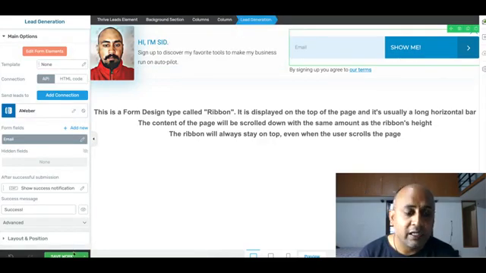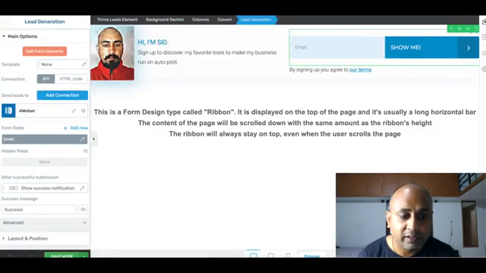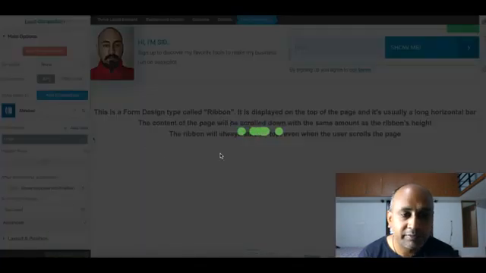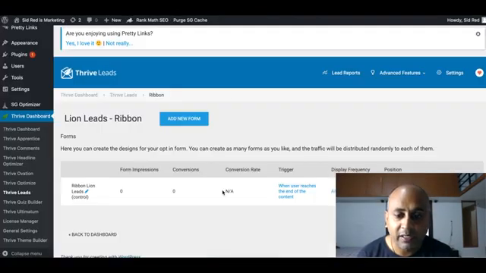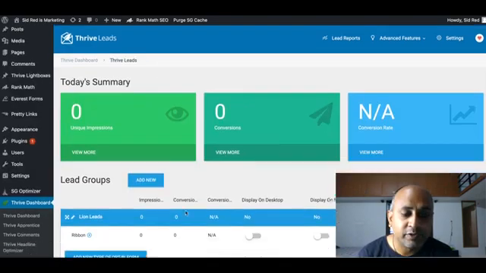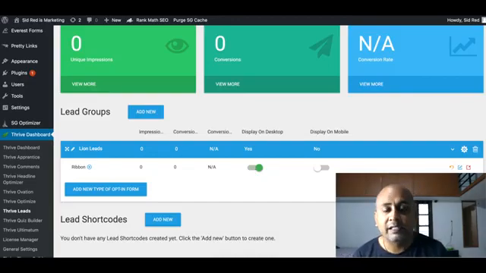We have created this page, and let's save this work. Once this work is saved, you can preview it. Save, preview. See, if you click this, it will go here. Fine, this has been saved, and we'll come here. We'll show the conversion rate, everything, whenever someone logs in. So once this is done, back to dashboard. We'll go here. Display only on desktop, not on mobile, because mobile screens are small and there is no need for ribbons to come up, right? Once this is done, we will test it out.